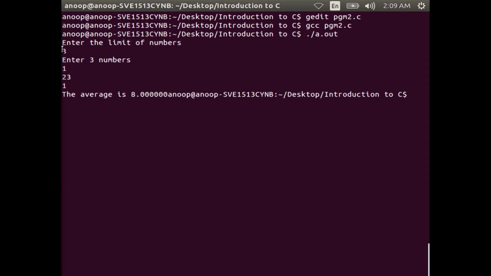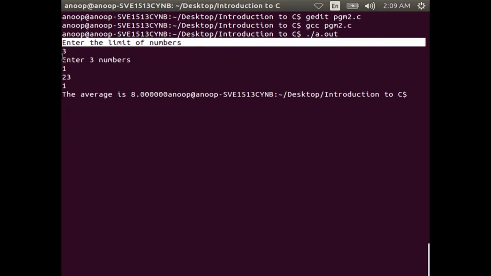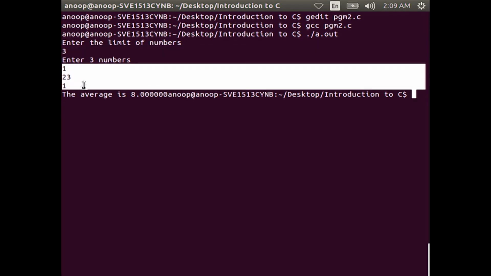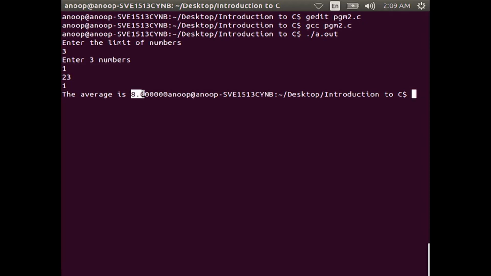You are entering 1, 23 and 1. So, the program gives you an output, the average is 8.000, because you have declared the average as a floating point data type.